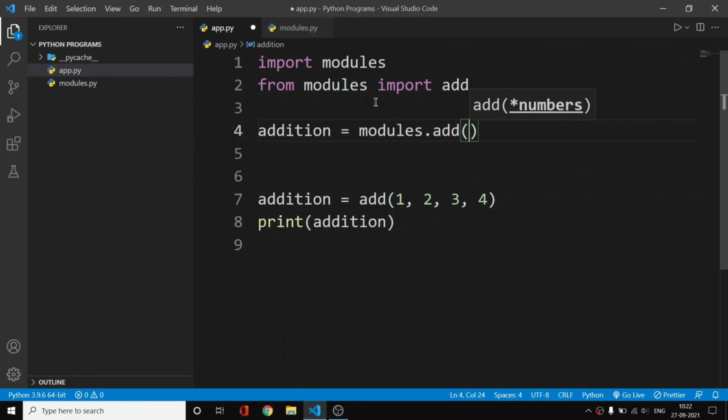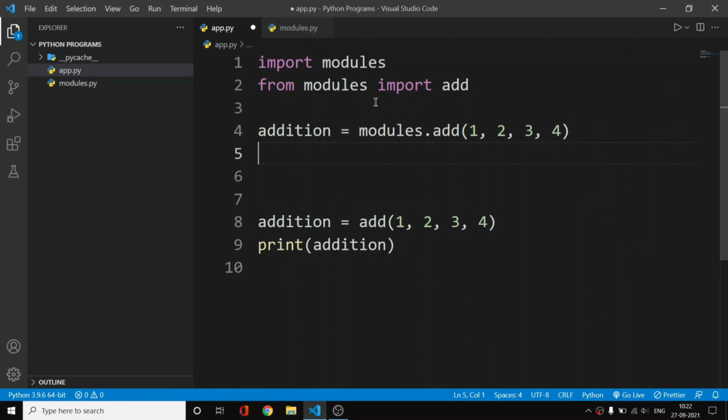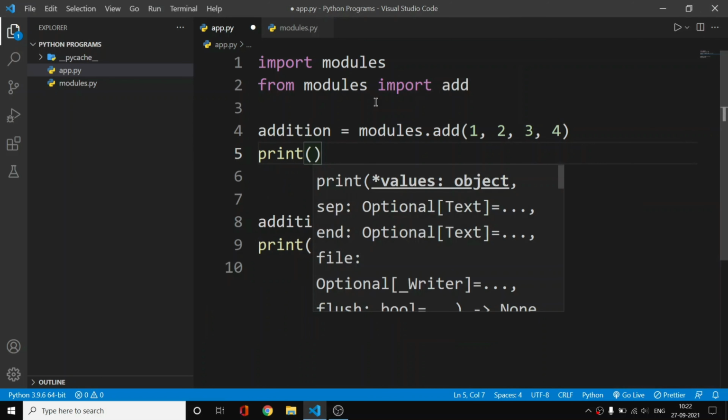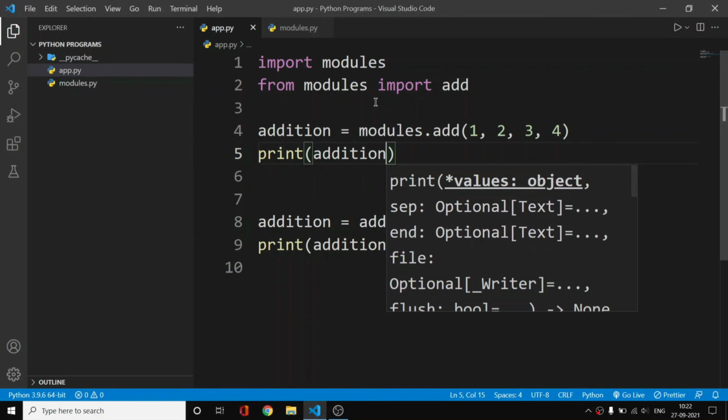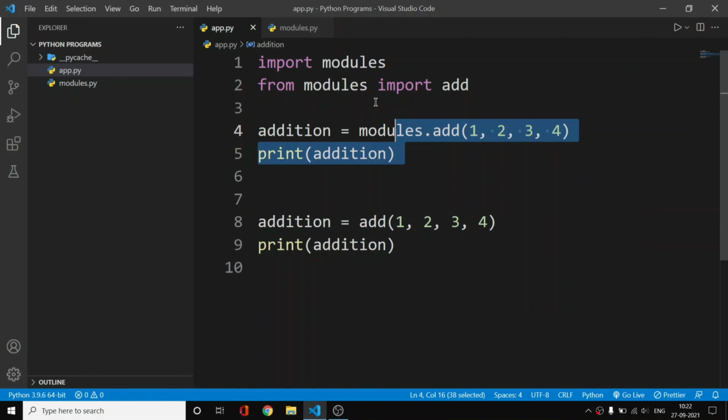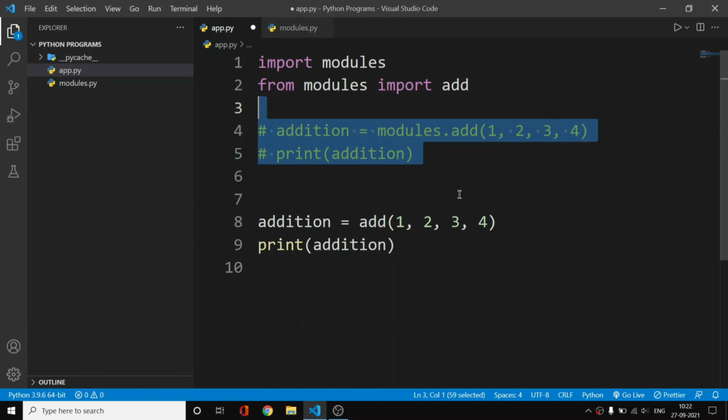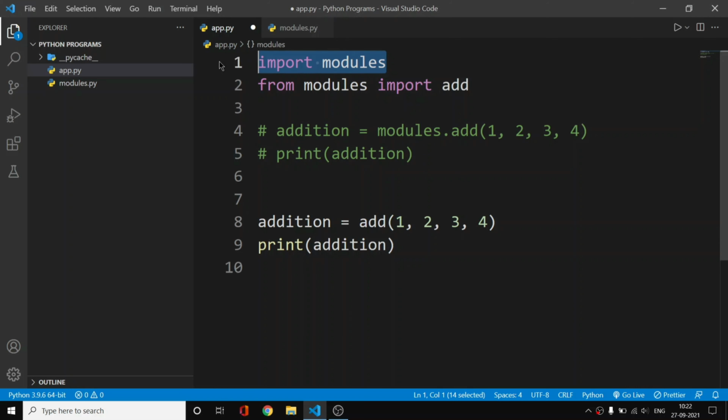If we simply do that, what we have done is we have printed the addition on the terminal. Okay, so you can do this if you import your modules like this, and you can directly use this add function as it is.